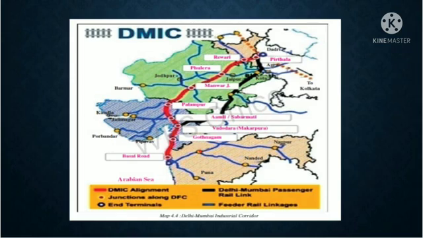Students, you can clearly see in this map DMIC, that means Delhi Mumbai Industrial Corridor. You can see the different locations which are interconnected with each other. This is